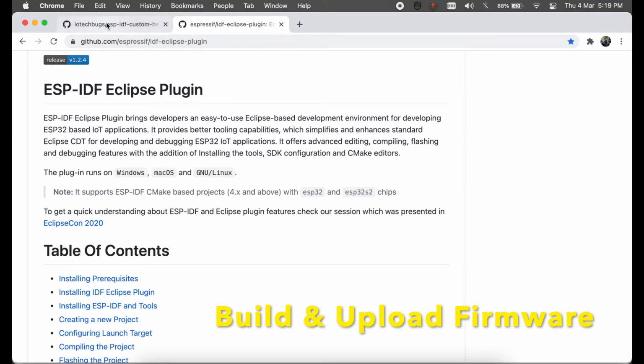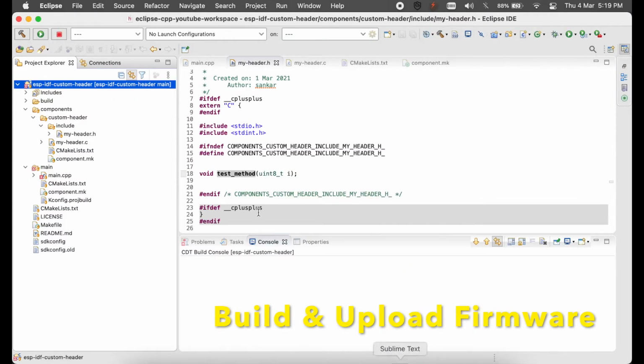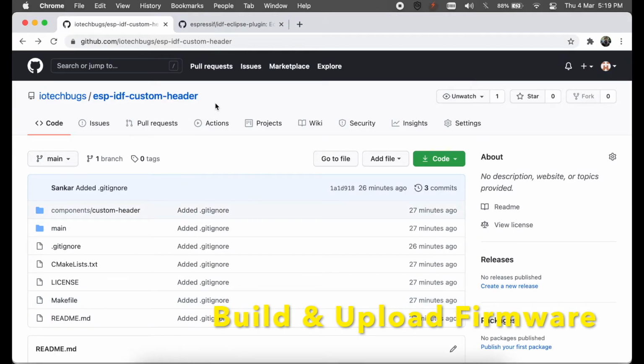And let me go to the code that we have to include to make this particular project, which I have explained in our Eclipse IDE, just as shown here. You need to go to this location and you can check it out from here. Just check out the project, go to the folder and execute the make command. If there are any issues, just let me know by creating issues here.